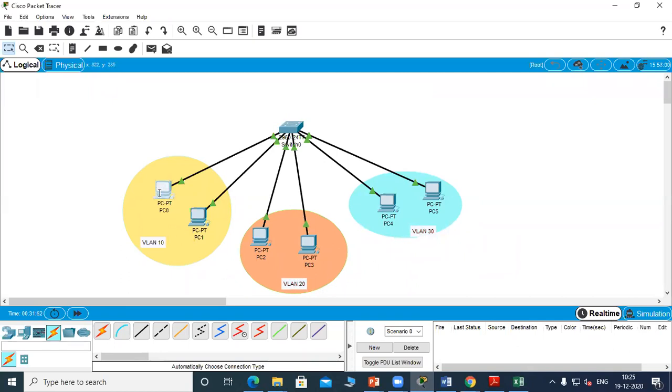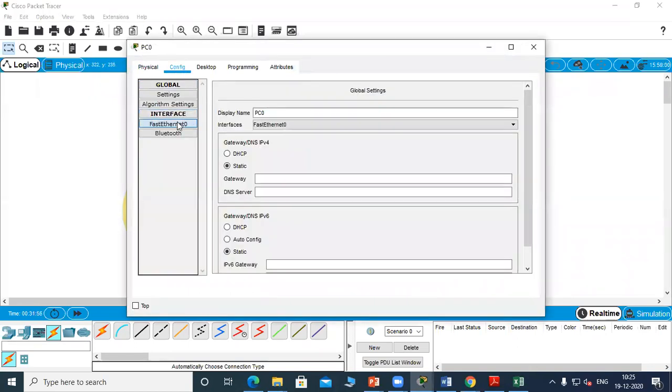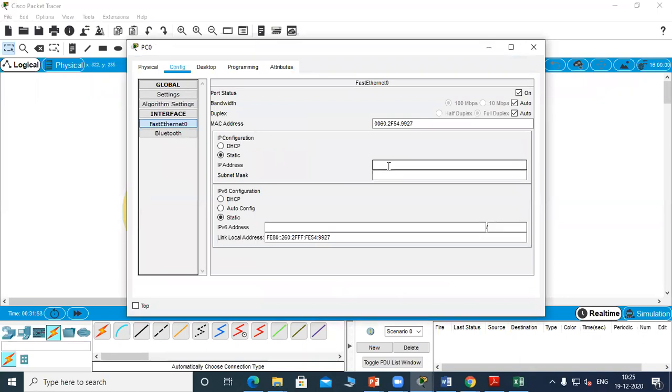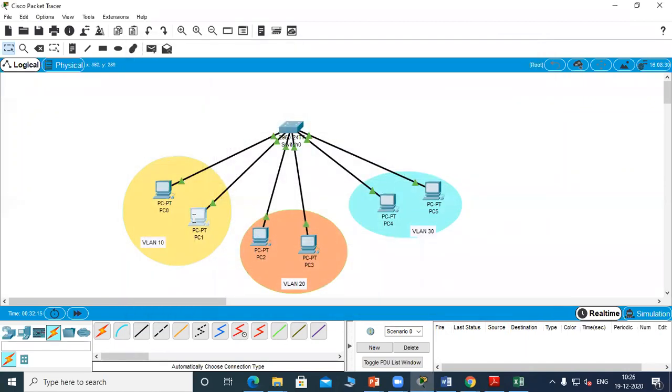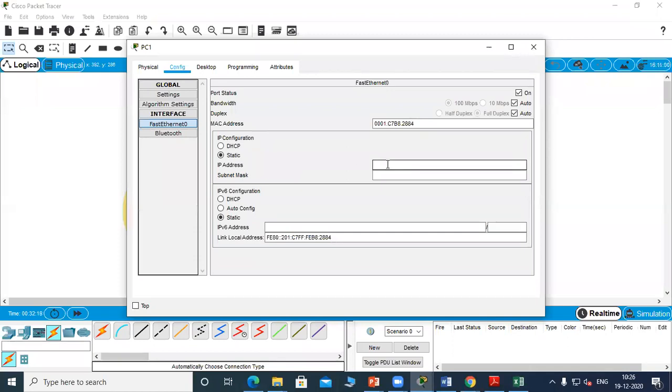Now we'll configure all the PCs with IP addresses. We'll start with 10.2, 10.3 like that. So I'll continue. This is 10.3.